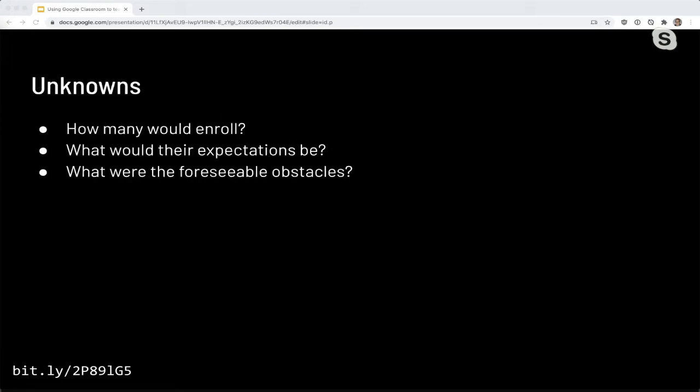And going into it, I really had some basic questions about what would be the outcome. Mainly, how many students would enroll? Most of these lifelong learning courses were pretty low enrollment. You're talking 10, 15 students. And I was hoping to get around that many, mainly because it gives me more of a base to see